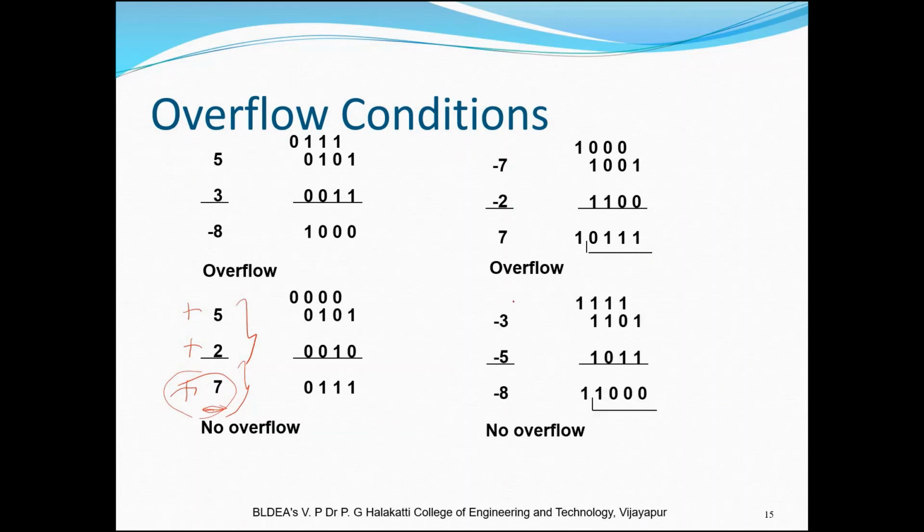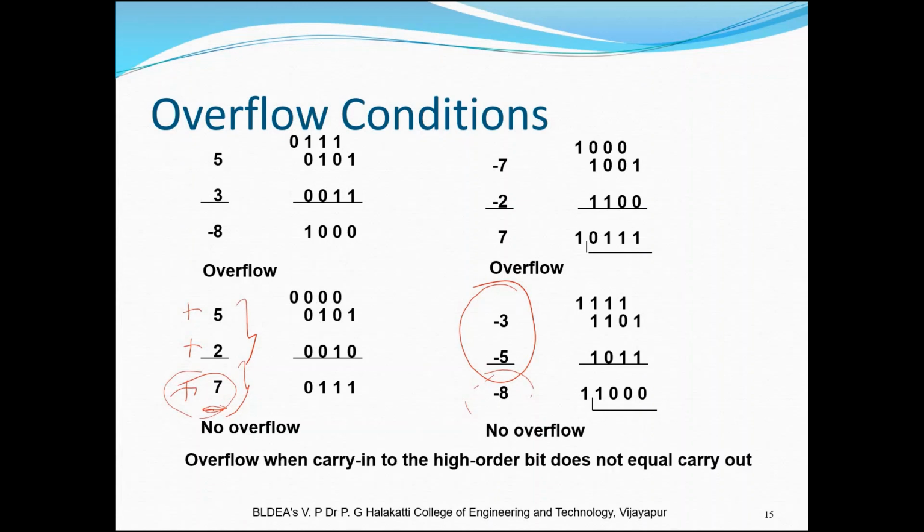Same way you can see here, I am performing addition of minus 5 minus 3. The answer I am going to get is minus 8. If I get minus 8, then there is no overflow. If the answer is different from that of the two operands, then we say overflow occurs. So when the carry in to the high order bit does not equal carry out, we say overflow